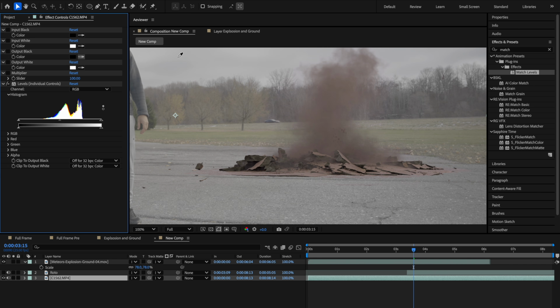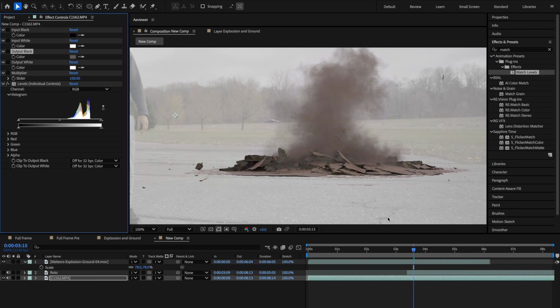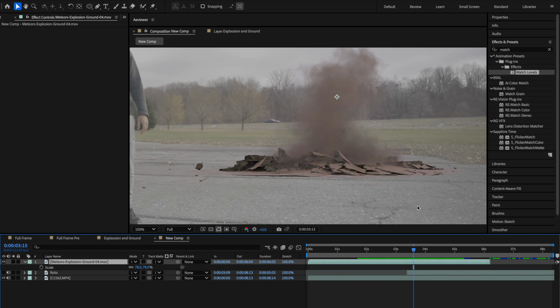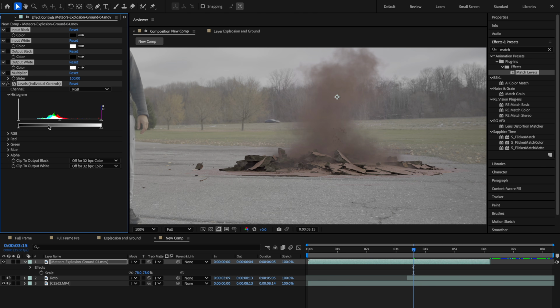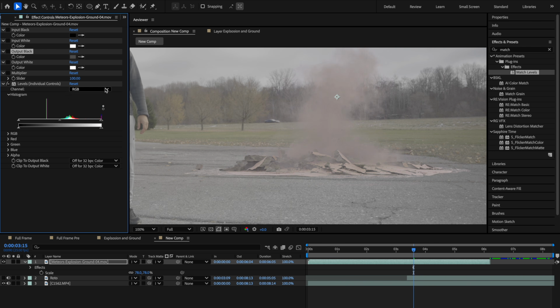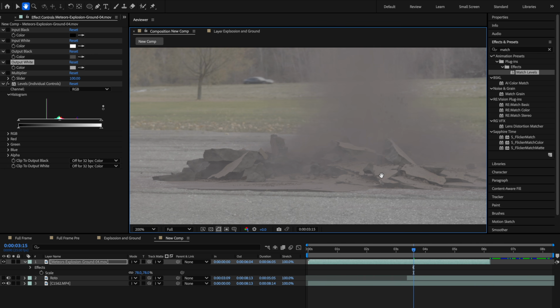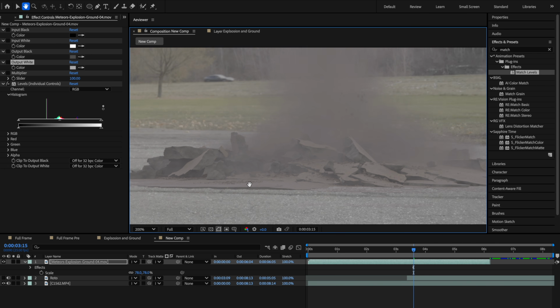So we're going to choose the output blacks, being something in the scene that matches around what this would be. So let's try something over here. You know what, I have that on the wrong layer, so let's take that off there. Sorry about that. Let's put the match levels back on here, and let's choose something around over here. So the blacks over here, the cracks should be something like that. And then for the white, we'll choose something in the sky over here. And we should have something that looks fairly decent for now, where we're trying to start to get this into